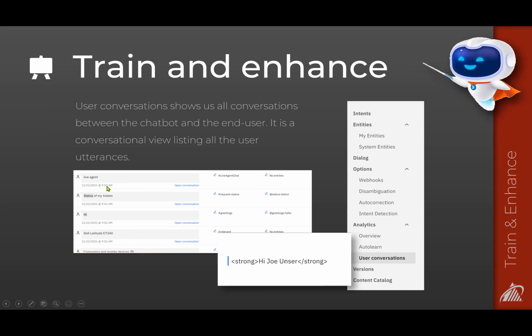And then once we take a look at these conversations, we're looking to train the chatbot. What we're really looking at is where maybe the chatbot's misunderstanding us, where it's not cluing into what we're laying down. So we'd like to open the conversation, and that's where we can actually get into some of the specifics,